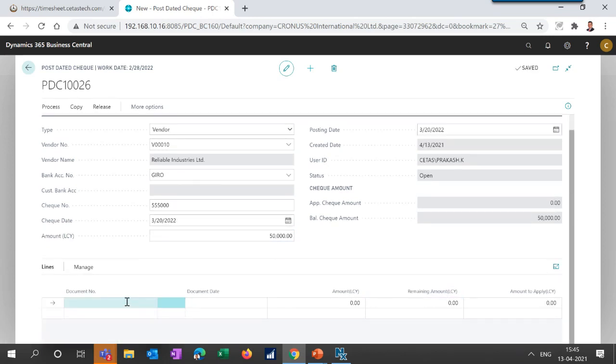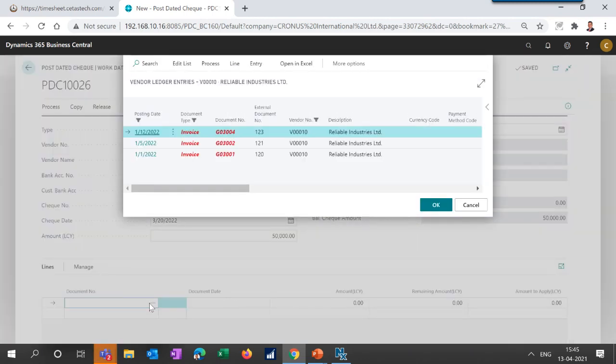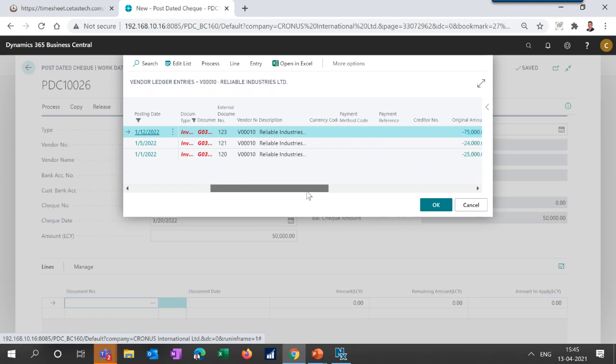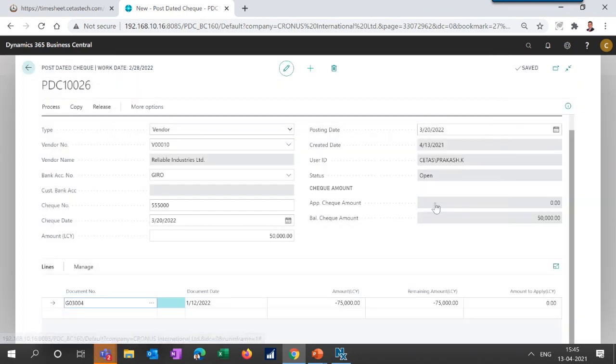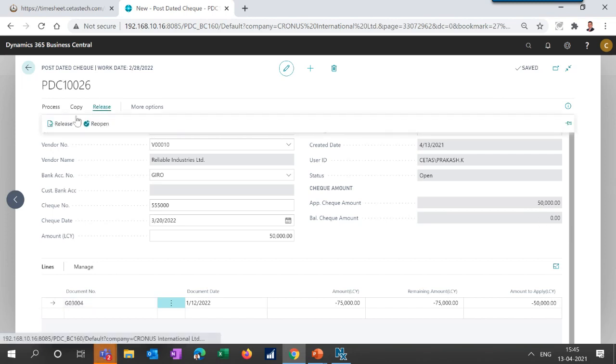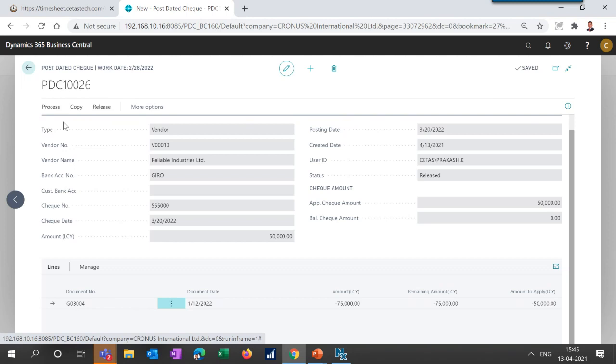Similar to the customer application, you can also apply to vendor invoices, whether full or partial. You can enter the application amount. Once the balance check amount gets 0, you can release it and process it.